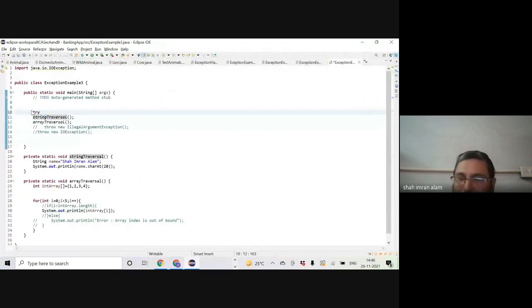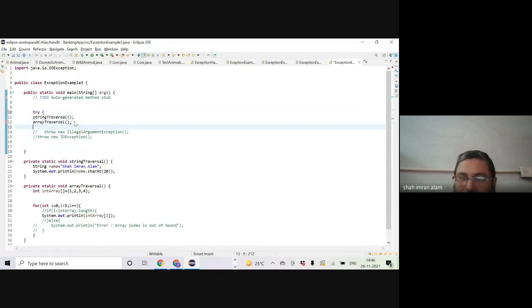So let's put a try block over here for both the method calls, and catch.